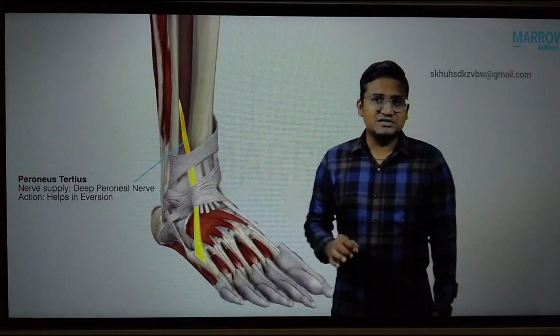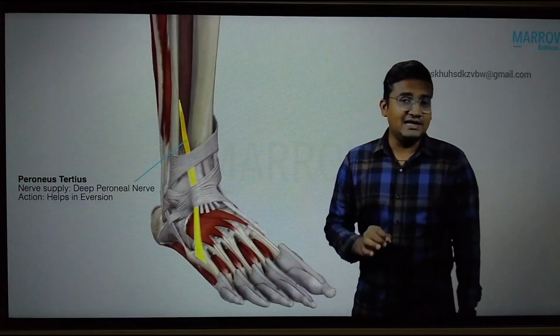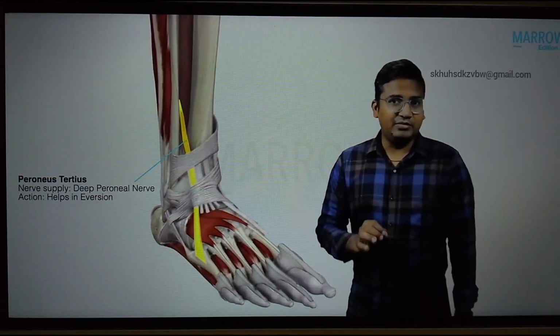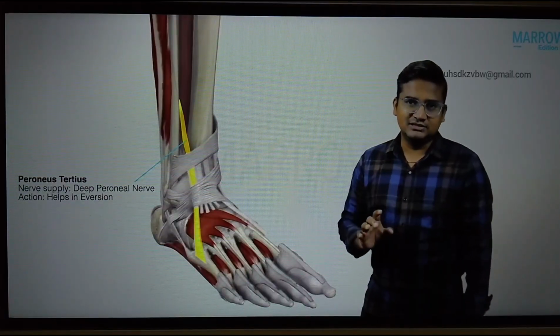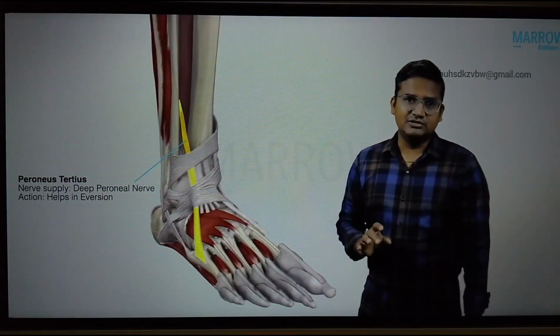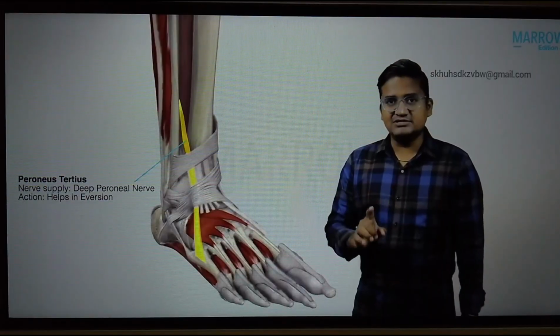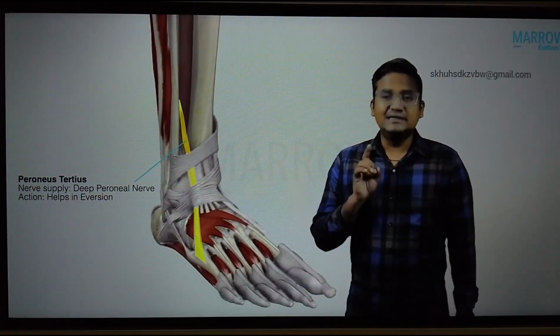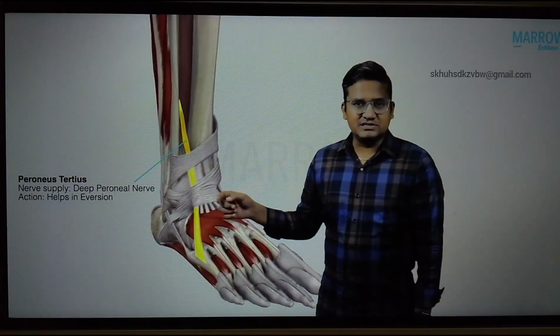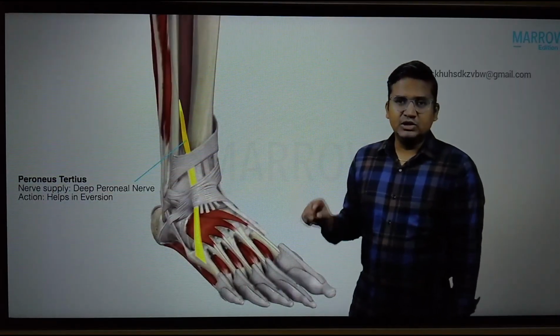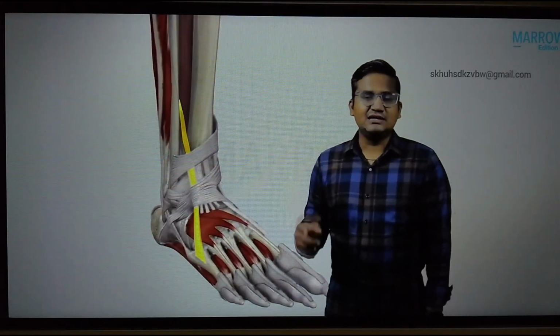Now, peroneus tertius muscle is present in the anterior compartment of leg, supplied by deep peroneal nerve. Action, it is helping for eversion. That is the point you have to know. Okay, peroneus tertius nerve supply, they will ask you. Nerve supply, deep peroneal nerve. Very good. Now, after seeing these muscles, we're going to see two more muscles in the lateral compartment of